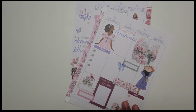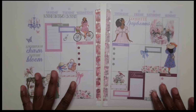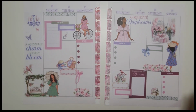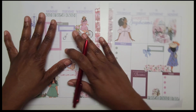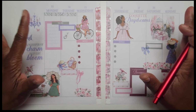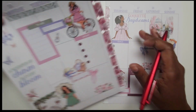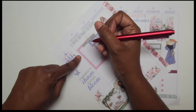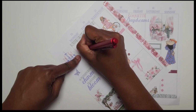So sometimes I might know everything that I have to do for the week, and sometimes I may not. It is going to vary. I'm not going to always know all the things. But what I try to do is start off the week by writing in the things that I do know that I have to do. Okay. So for instance, by the end of day Monday, I need to finish